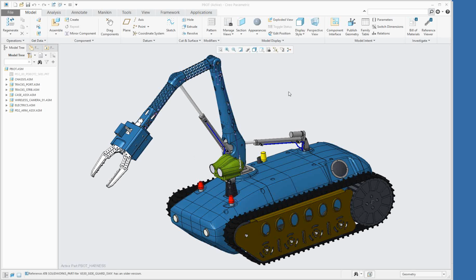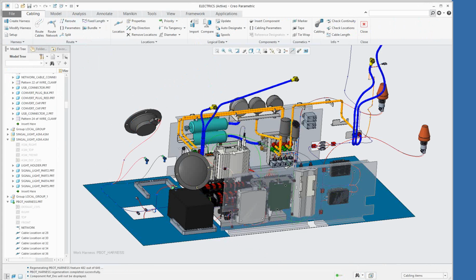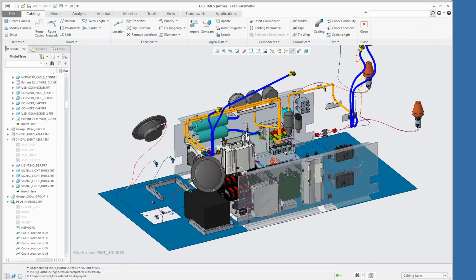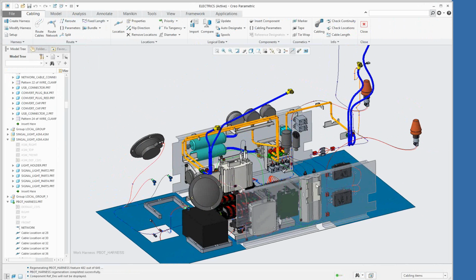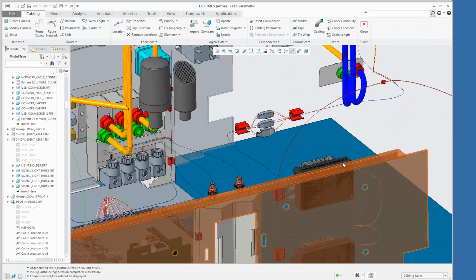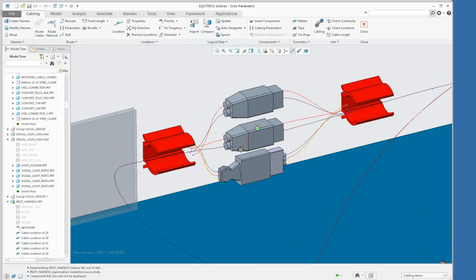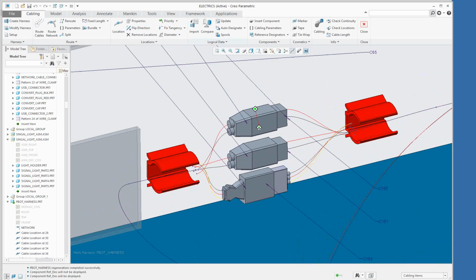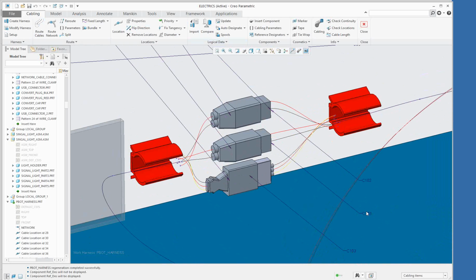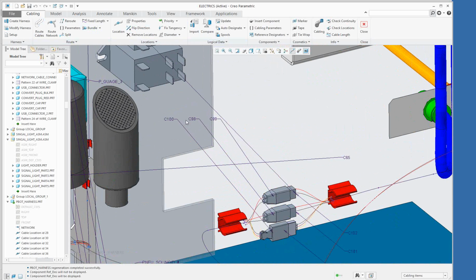I'm actually going to show you that real quick. Here's this P-bot assembly. I'm going to go to the internals here, so we can see the internals of this assembly with the electrical and piping systems. We have some connectors here. Let me go into the cabling package, and then turn on reference designators. Right now I have a few reference designators pointing to their components, but the other ones are out in space somewhere. I could zoom out and then figure out where they are,